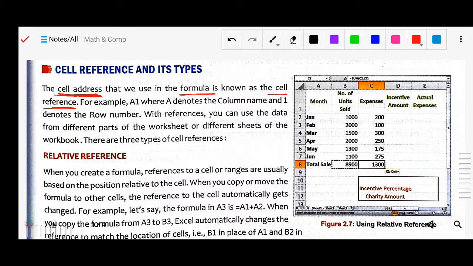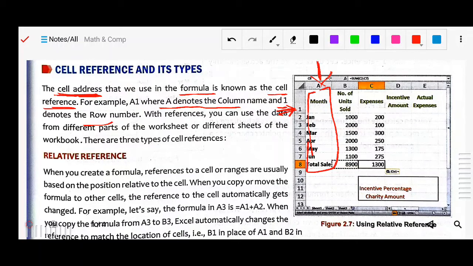For example, A1, where A denotes the column and 1 denotes the row number, the first row, because as we know, it is an electronic sheet.